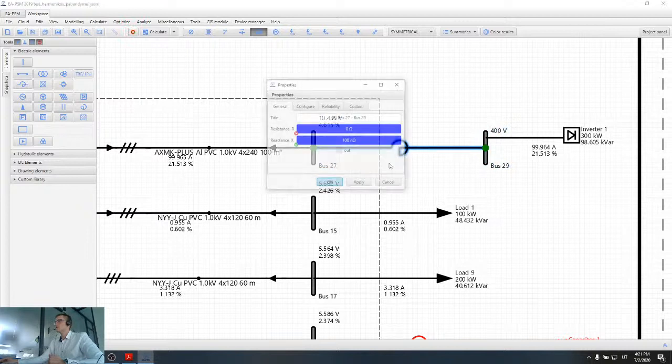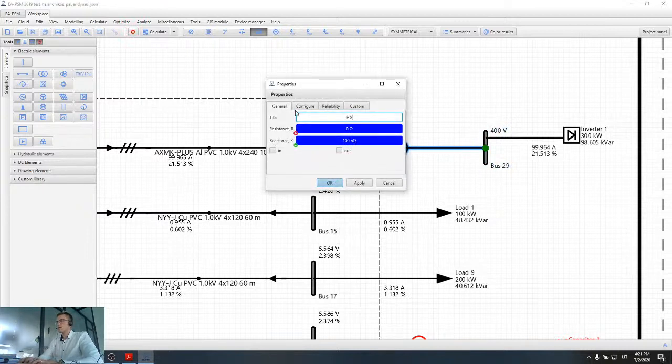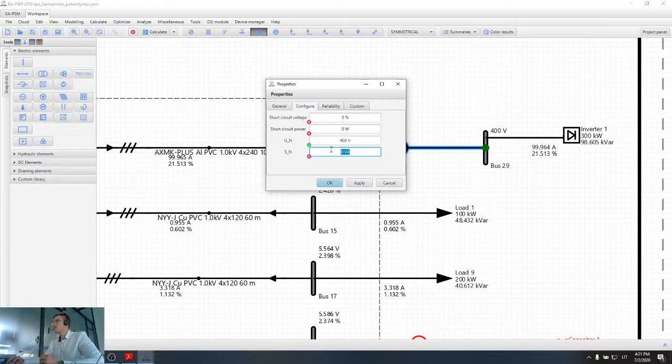So here is the harmonic gate. Its power should be big enough to transfer power from the inverter, and also the short circuit voltage, so percentage impedance. Let's say I will select 4%,